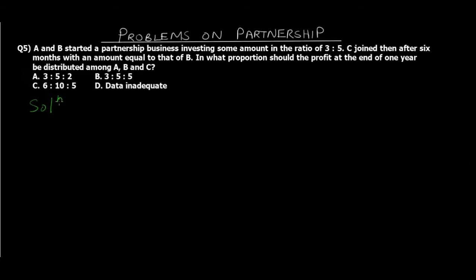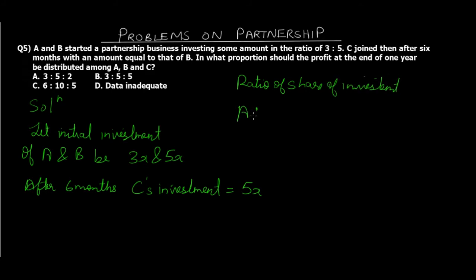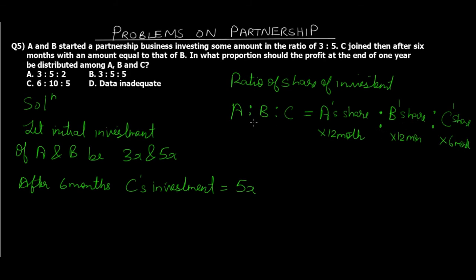Since we do not have any direct values, we'll say let initial investment of A and B be 3x and 5x. So after 6 months, C's investment will also be equal to 5x, because we know that C invests the same amount of money as B. So now what we can do is the ratio of share of investment between A is to B is to C is equal to A's share into 12 months is to B's share into 12 months is to C's share into 6 months. So I hope you got this ratio and how I got to this point,